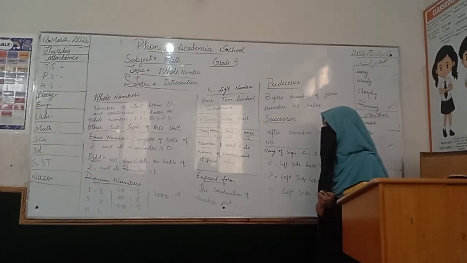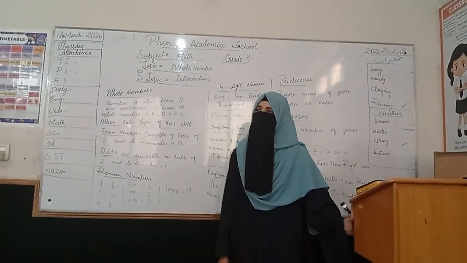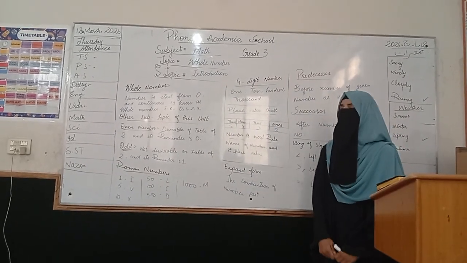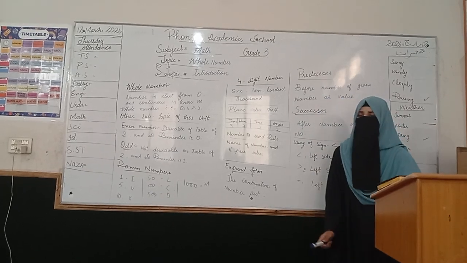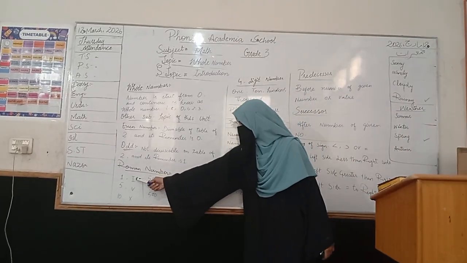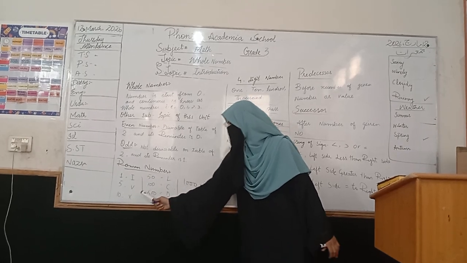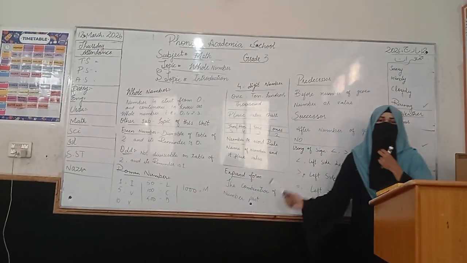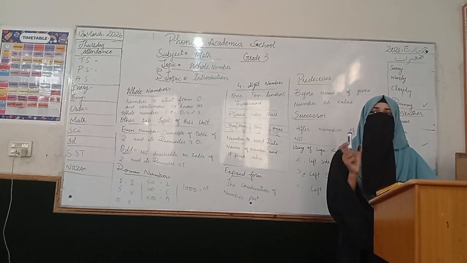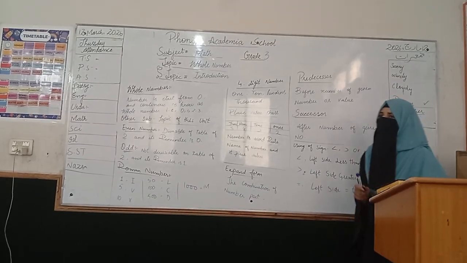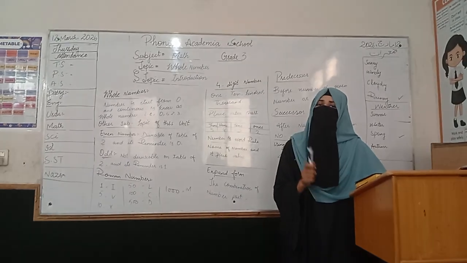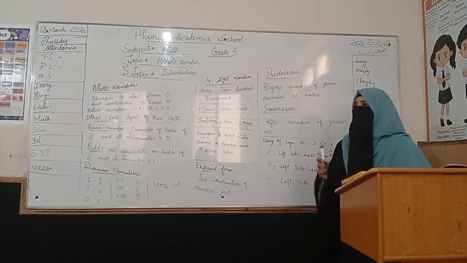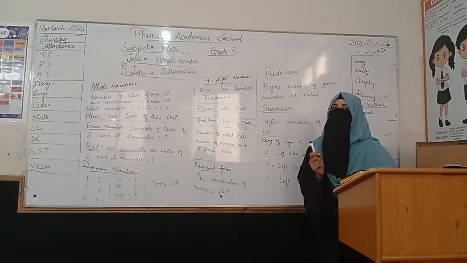Next are Roman numbers. The Roman number is a number system used in the Greek and Latin language. There are some symbols that we use to make other numbers in Roman counting. 1 stands for I, 5 stands for V, 10 stands for X, 50 stands for L, 100 stands for C, 500 stands for D and 1000 stands for M. These symbols are combined with each other to make other numbers in Roman counting. For example, to make 2, you add two I's, and those two I's are combined to make the number 2.